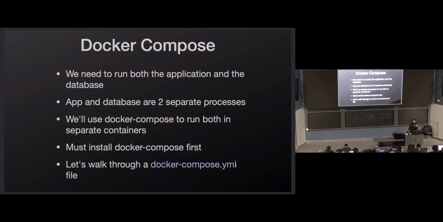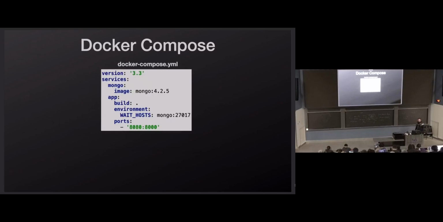Either way, you're going to need a docker-compose.yaml file, which is going to maintain the construction of both of our containers. So let's take a look at this. This is YAML. If you're not familiar with the format, it's possible this is the first time you've seen it,